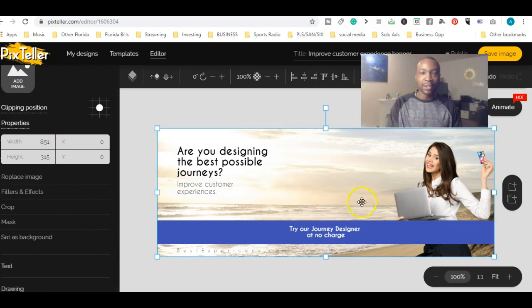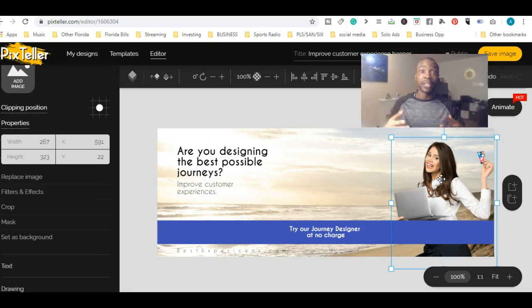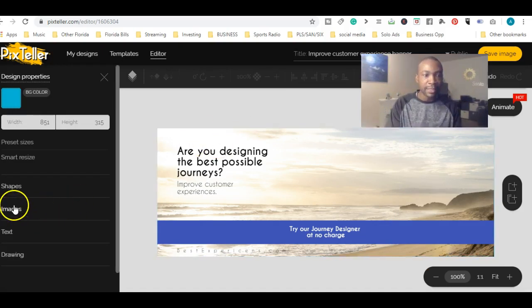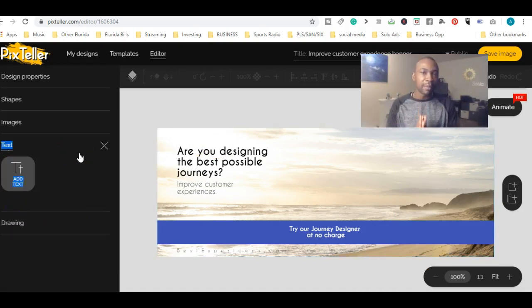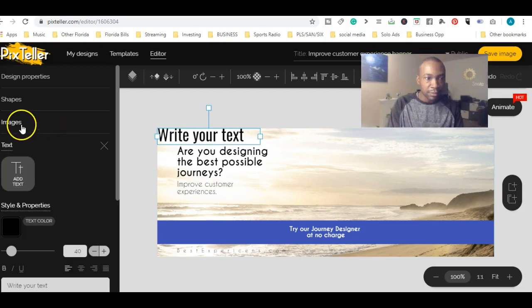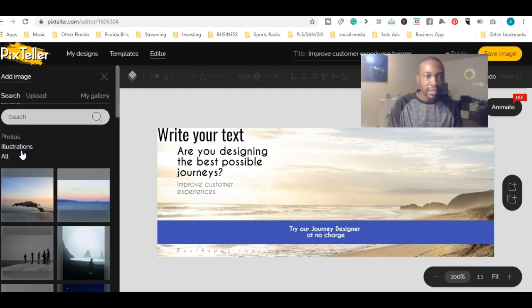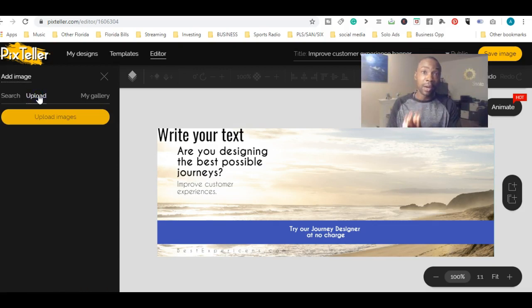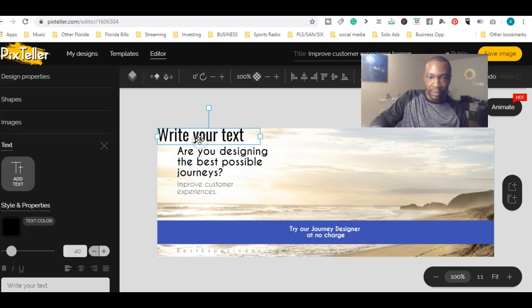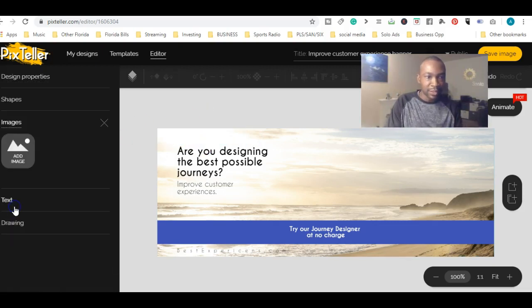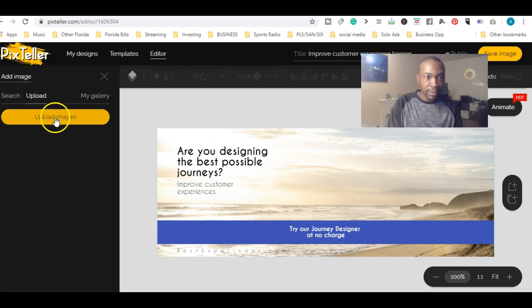Okay, so the next thing you probably want to do, let's say you want to put your image in there already. So you can go ahead and delete that, and I'm going to go back to image. Now I've already got an image set for me, so I'm going to show you exactly where I was able to get that. So add image, that's text, image, add image. Now I'm going to upload an image to go right through here. So first, let me delete that text. Image, add image, upload